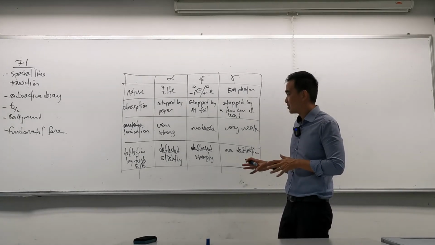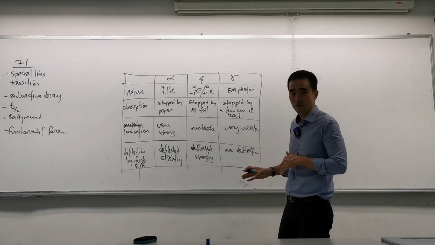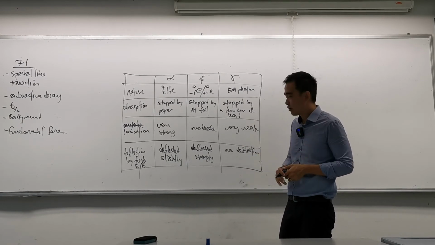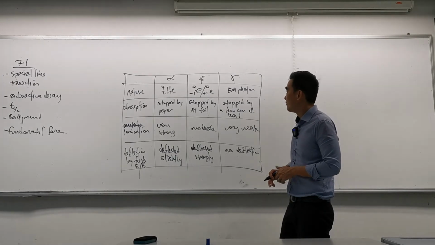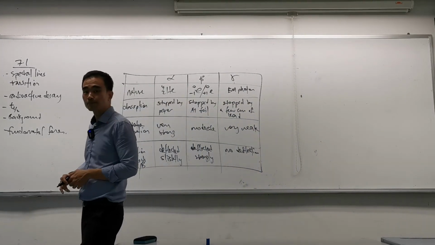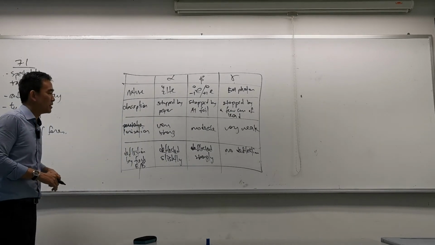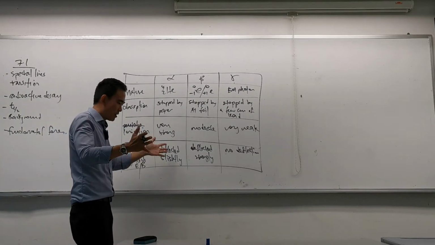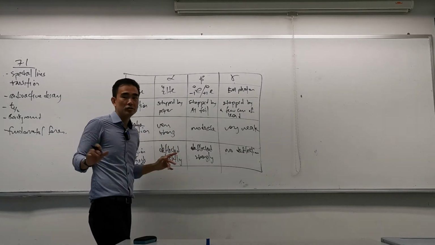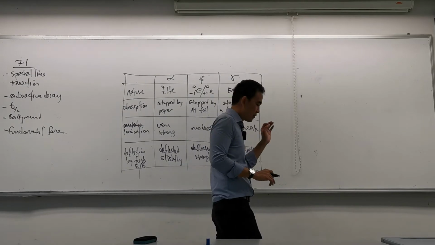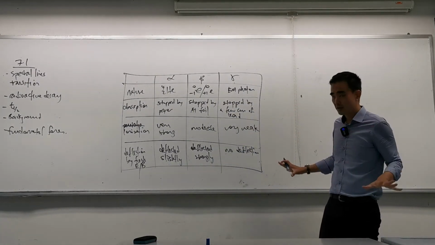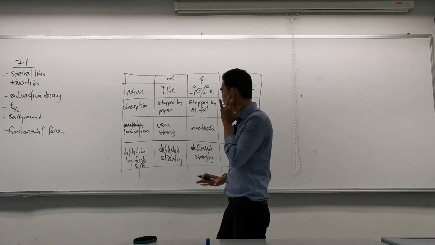Alpha particle is deflected very slightly by electric and magnetic field because it's heavy. Try pushing a lorry off course. It's difficult, but it's not impossible. Electron is very, very light. That's why when you have a field, it deflects very strongly. And that's how you tell the difference between alpha and beta when you look at the deflection of the particles. Gamma, no deflection because it has no charge. In order for electric field and magnetic field to deflect it, it must have charge. So this is basically the characteristics of alpha, beta, and gamma.